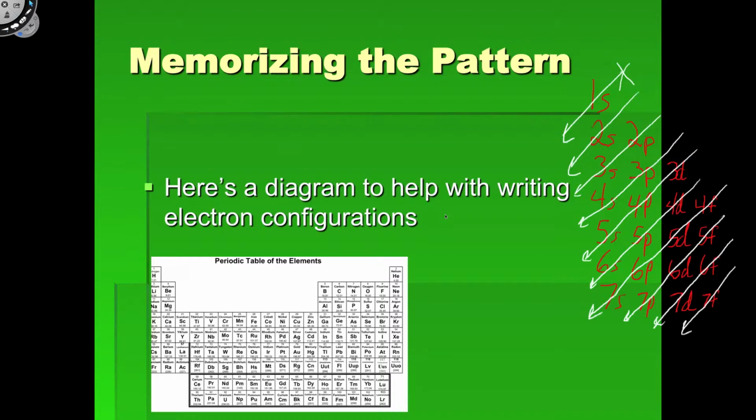The first thing you have to remember is you always start at the X, and whatever the white line goes through, you write whatever is in red. Now how do you know when to stop? Well, you stop when all the electrons have been accounted for. So let's do